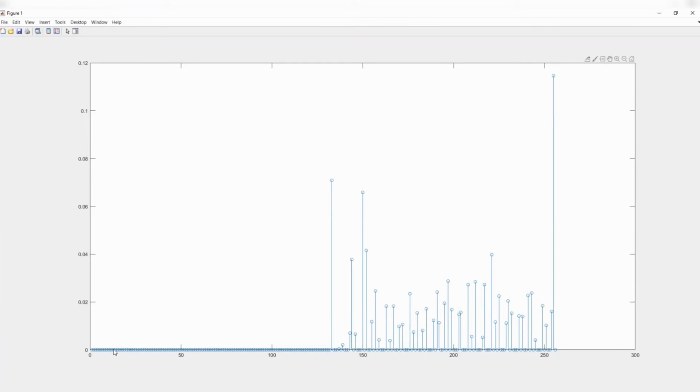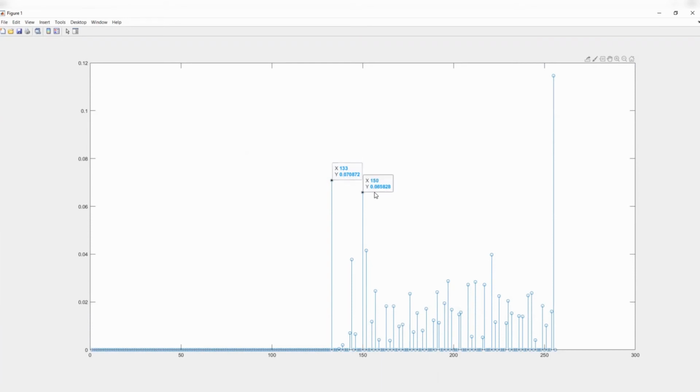If I sum all these values, it will go to 1, 100%. Earlier I said it in terms of number of pixels. Now, 133 is occurring around 7% of the total number of pixels. That is the literal meaning of it. So this is a different way to view the histogram: the intensity 133 happens 7% of the time.